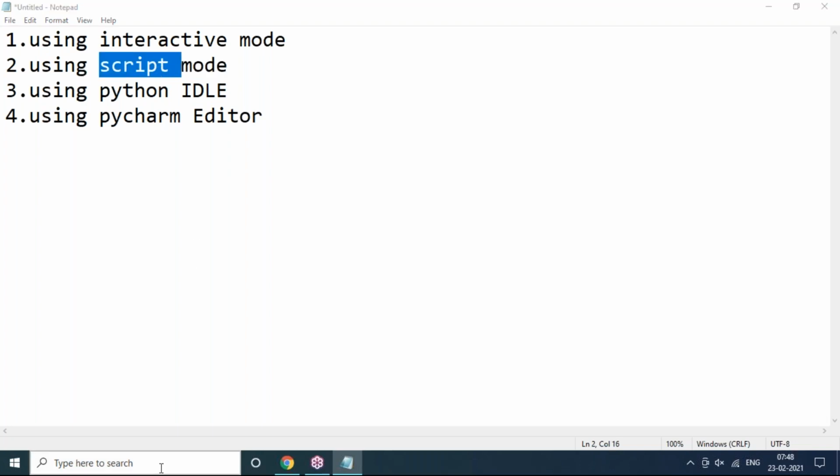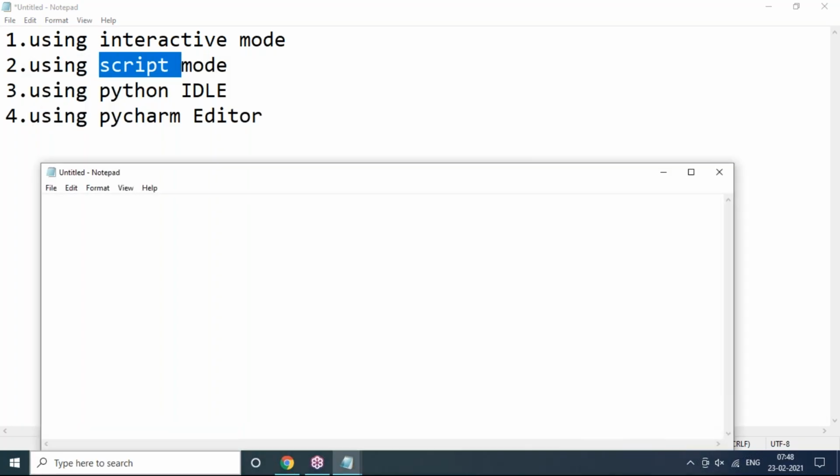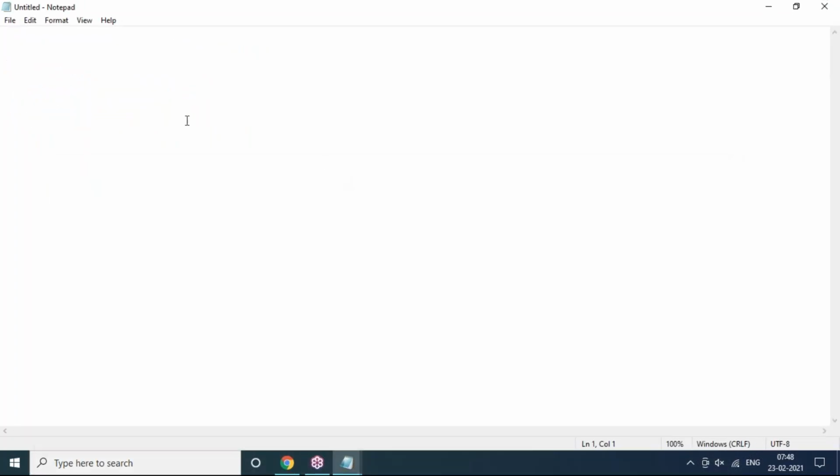For this purpose, I'm just opening Notepad here. This is just Notepad. It is also an editor. Even you can type Python script in Notepad. But it is typical for us, because those who don't know the basics and basic syntax of Python will face a lot of problems while writing code in Notepad. Some indentation problems and syntactical mistakes will happen in a Notepad editor. So at the initial stage I'll not recommend writing code in Notepad. If you already know the syntax of Python, you can write it.